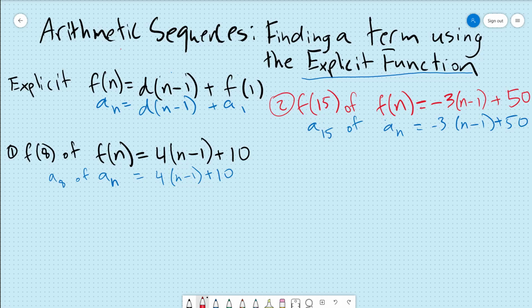Hello, welcome back. We're going to do some arithmetic sequences today and finding a term using the explicit function. So what is the explicit function? It's this function over here where any term, your nth term,